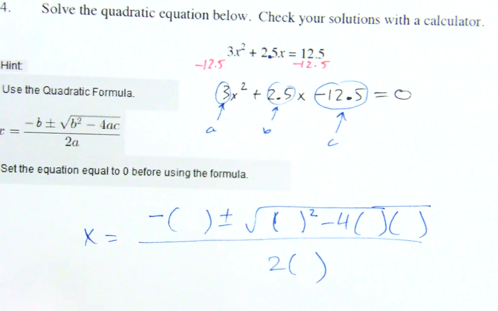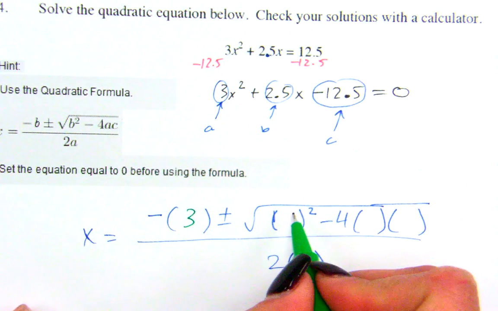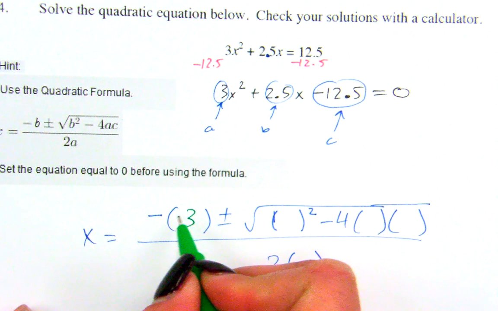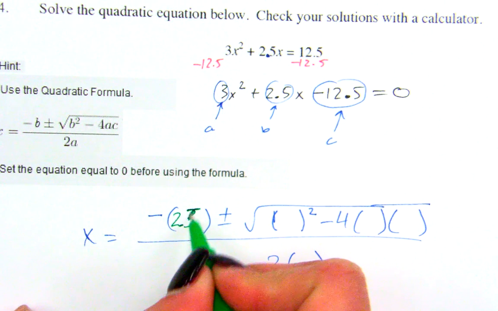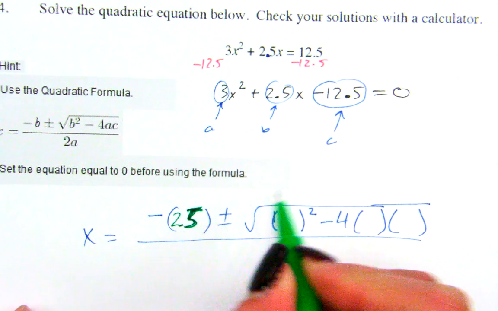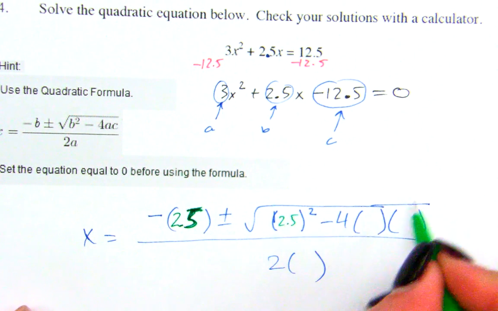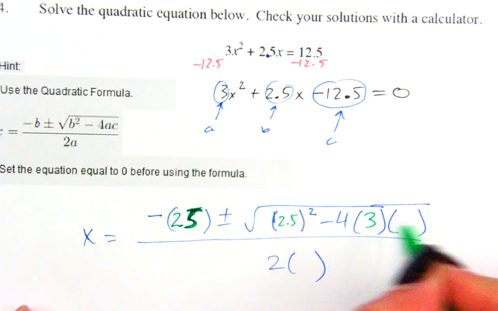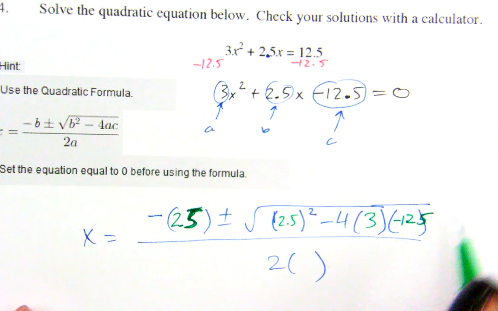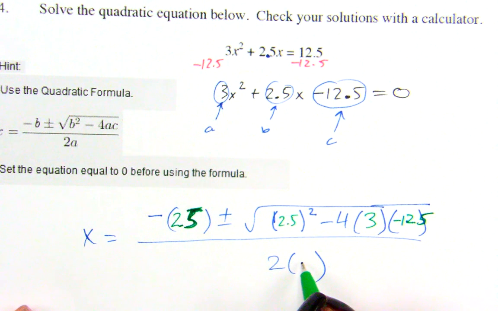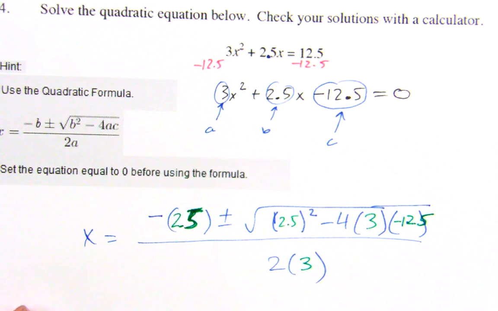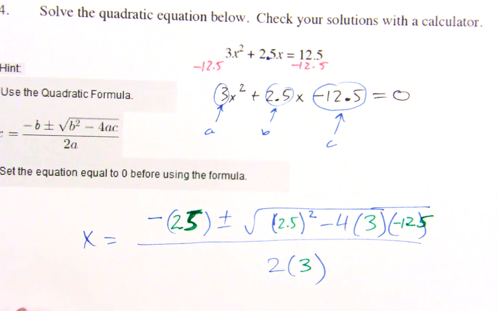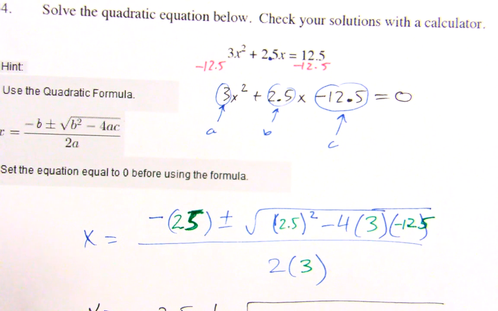And we're going to plug stuff in. Let's see, we've got 3, oh my goodness, I lied. 2.5 is the b. 2.5, a is 3, c is negative 12.5, and 2 times a, so that's going to be a 6 down here. Okay, did I plug those in? I really hope I plugged those in correctly. So x equals negative 2.5 plus or minus the square root. 2.5 squared should probably be